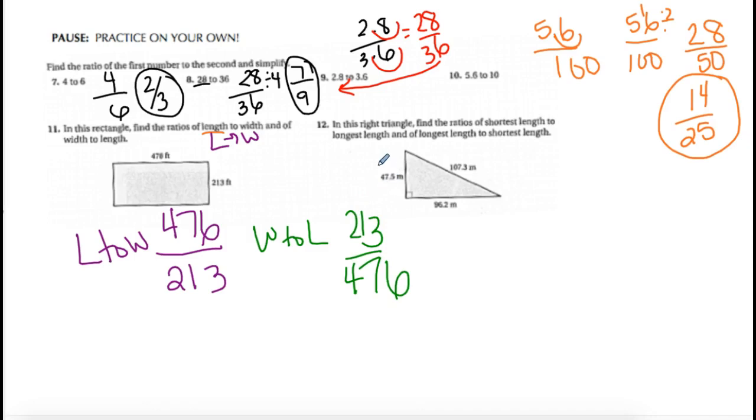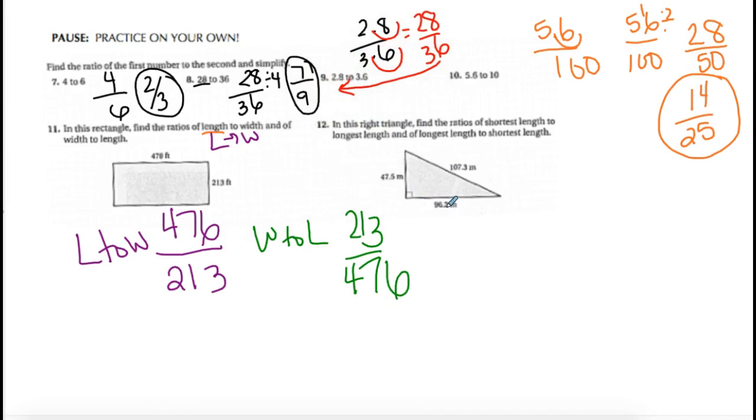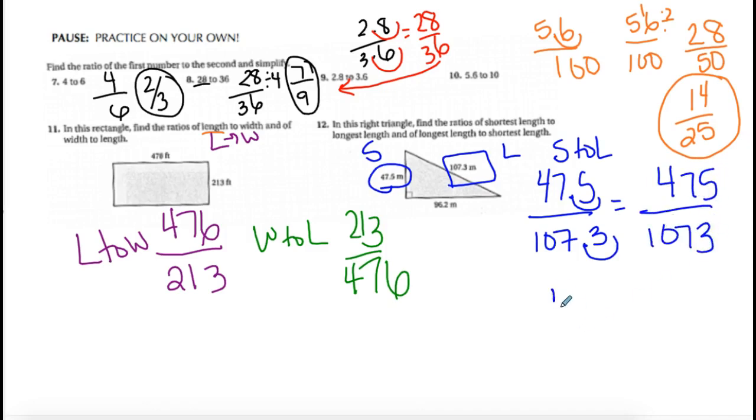Shortest leg to the longest leg. If we look at this triangle, the shortest is here, and this is the longest. So that gives me 47.5 over 107.3. If I move this one, I move this one. So short to long would be a total of 475 over 1073. If I wanted to do long to short, I'm going to flip that just like